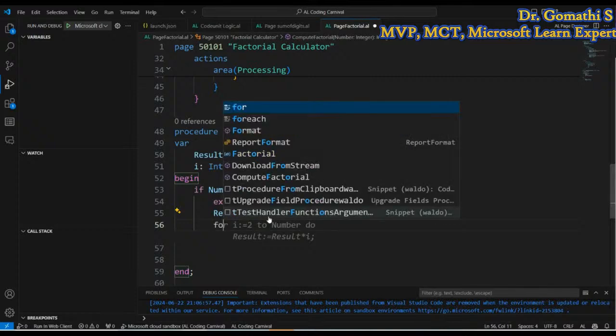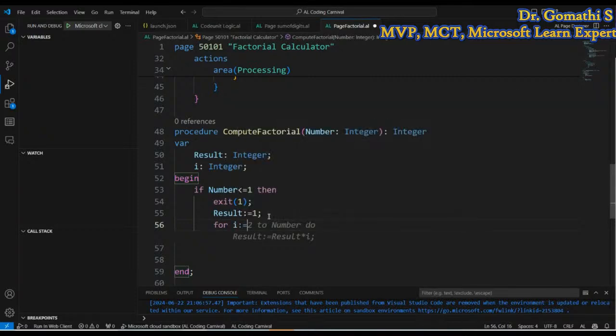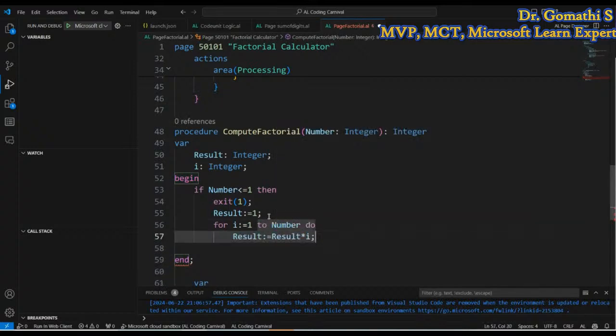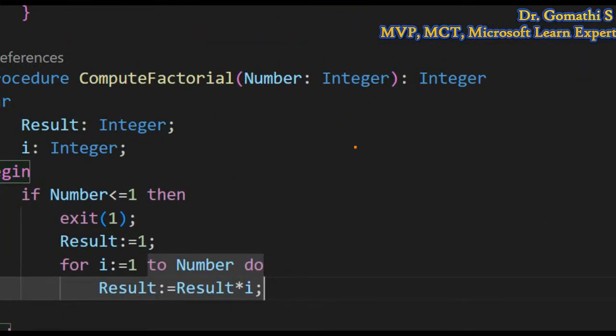For I := 1 to number do, I'm using I for the position of the number. So what you have to do is multiply the result by I. What is actually happening, I will tell you. For example, if you are entering the value as